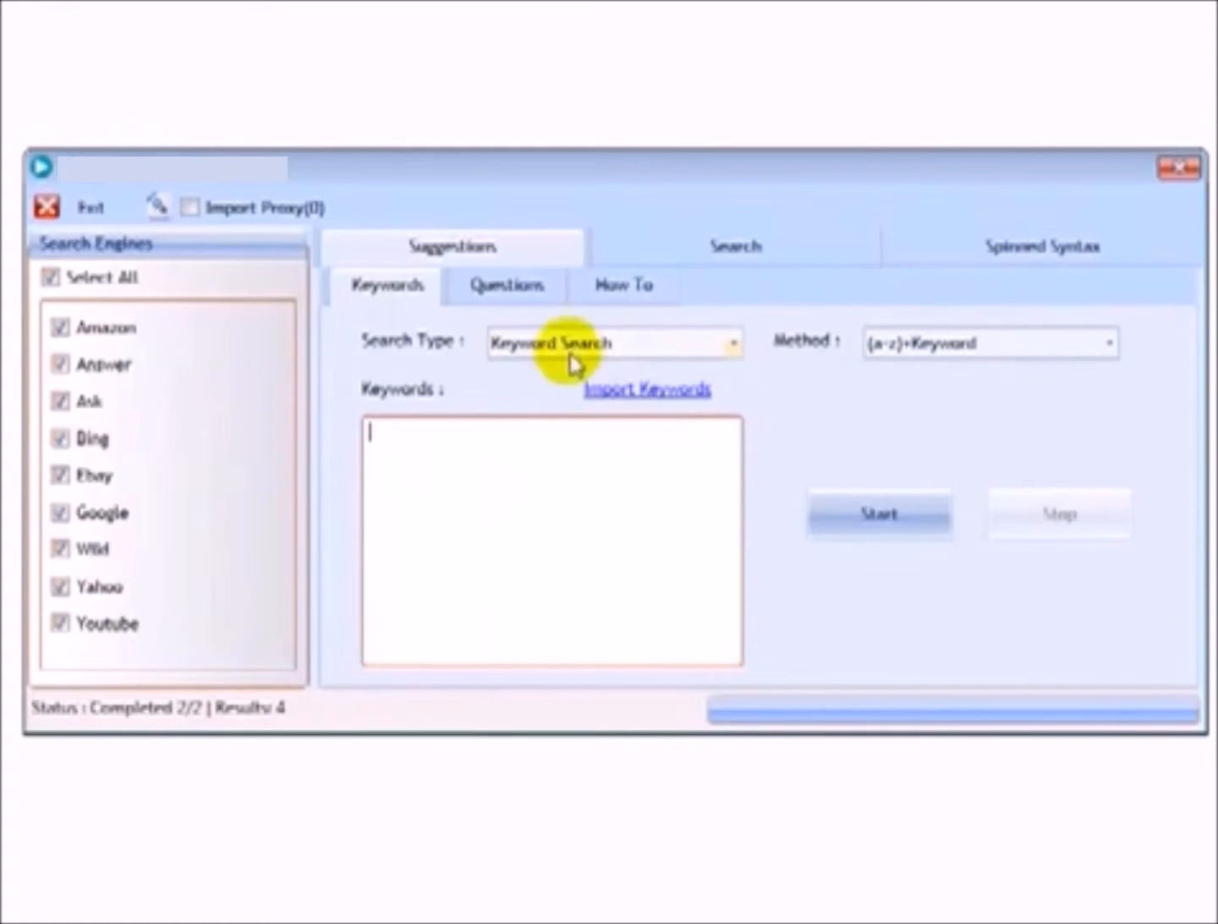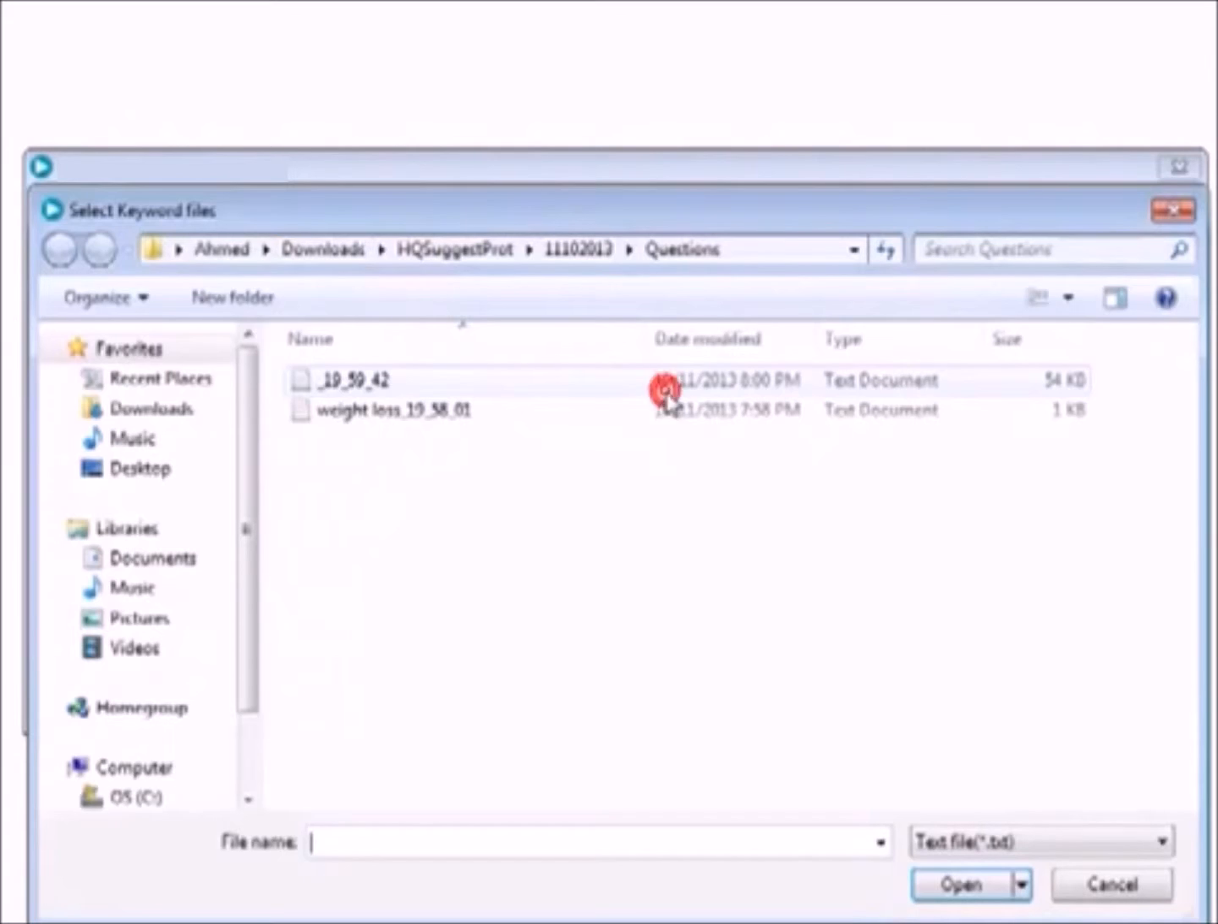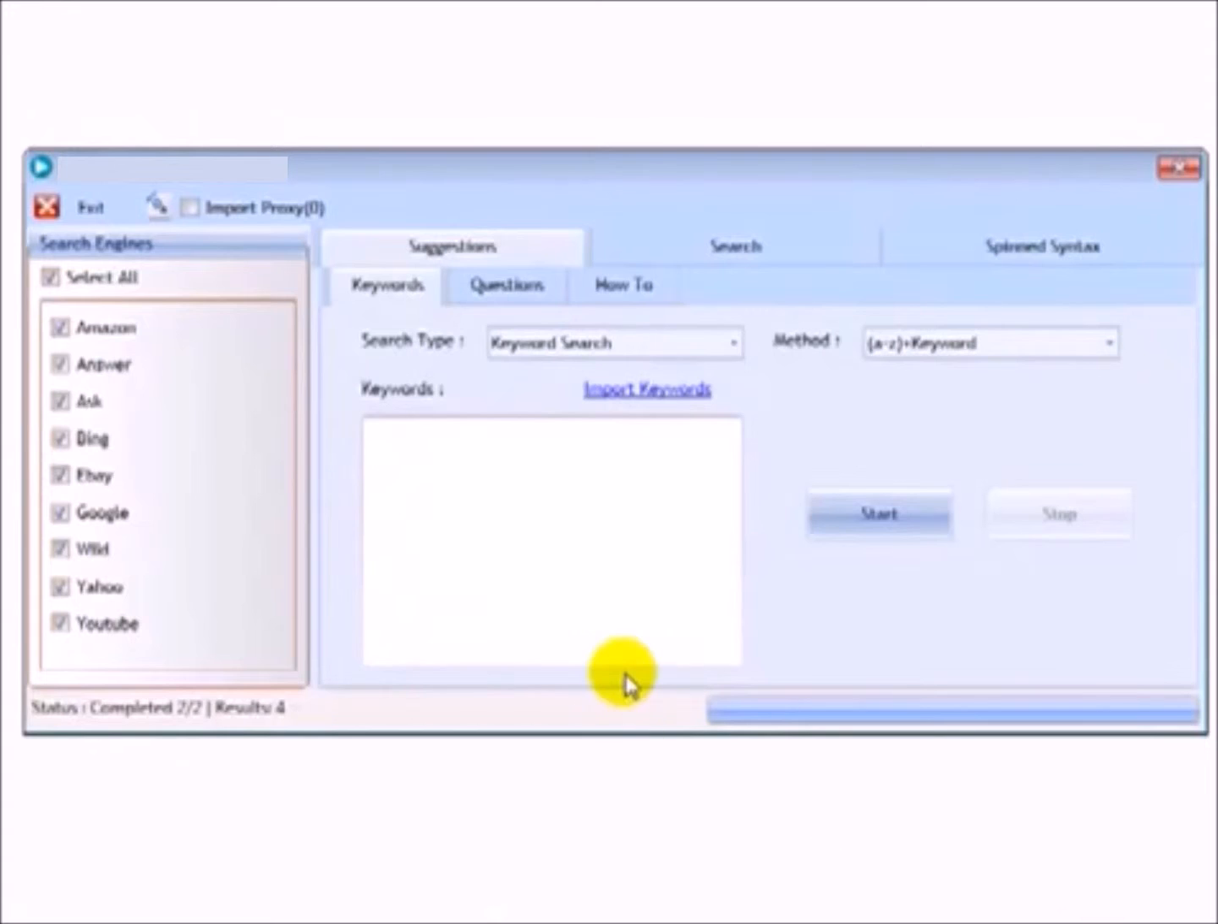With keyword search, guys, all you do is enter your keywords in here, one per line, and the software will go through them one at a time until it's gone through them all, and then it will stop. Or alternatively, you can enter just the one keyword. You can import your keywords as well. All you have to do is enter your keywords in a text file, making sure that you've got one keyword